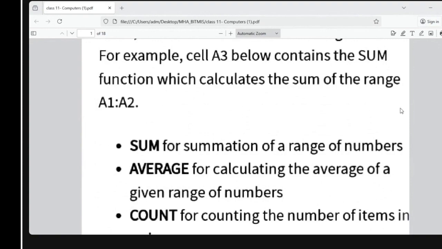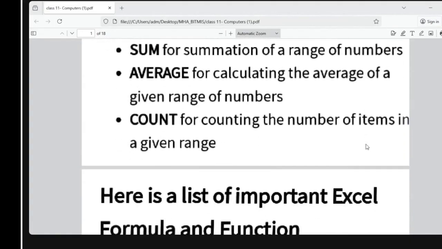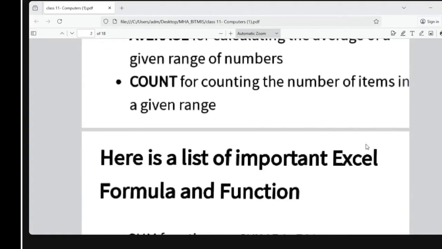We have to sum this range A1 to A2. So how will we write this as a formula in Excel? There are different formulas in Excel, like sum for summation of a range of numbers, average for calculating the average of a given range of numbers, and count for counting the number of items in a given range.